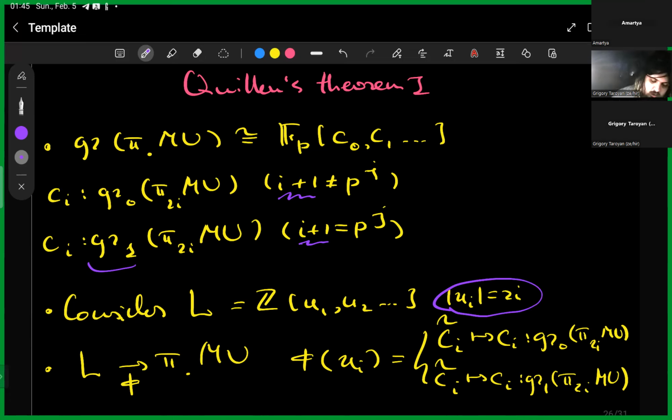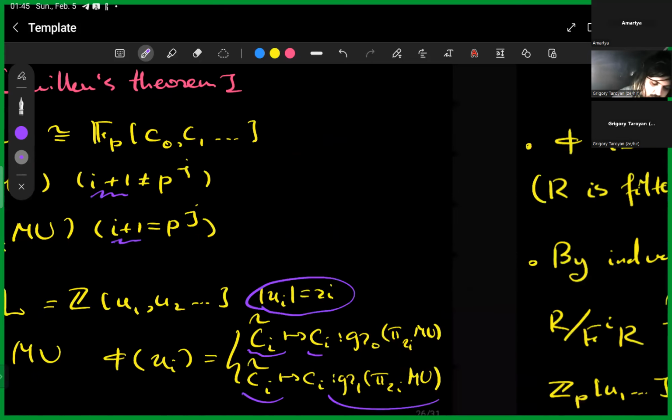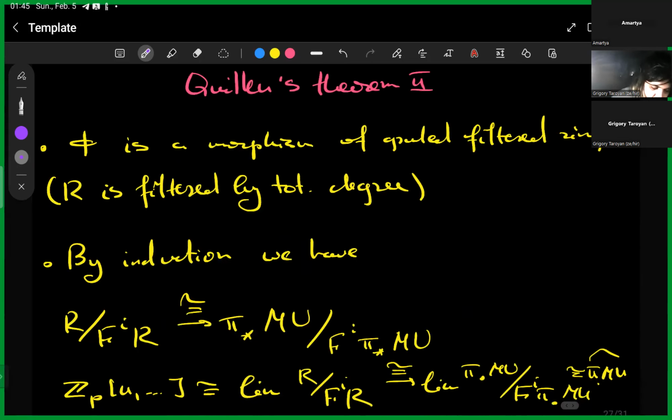And we can consider a homomorphism of rings which maps ui either to an element which represents ci in the zeroth graded component, or an element which represents ci in the first graded component, depending on which value of i we have, either a special or non-special one. Then it is quite clear that phi is a morphism of graded filtered rings where R is filtered by total